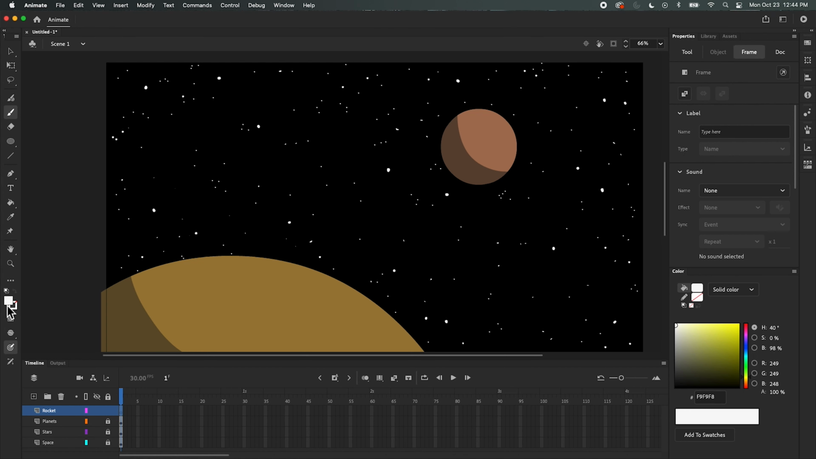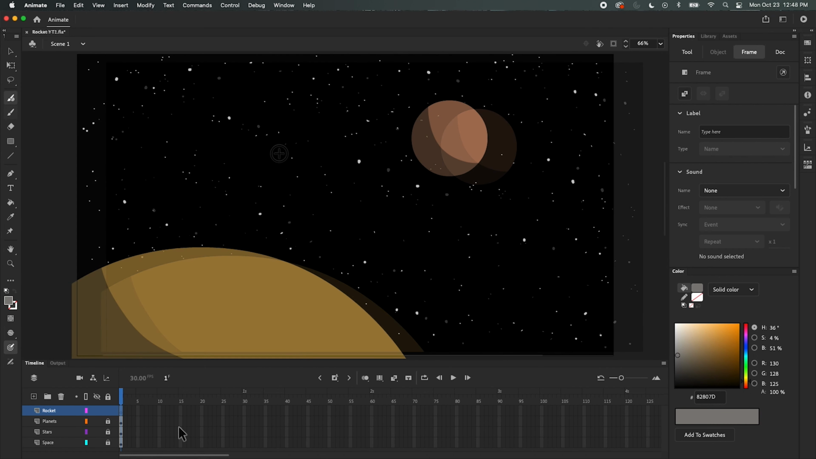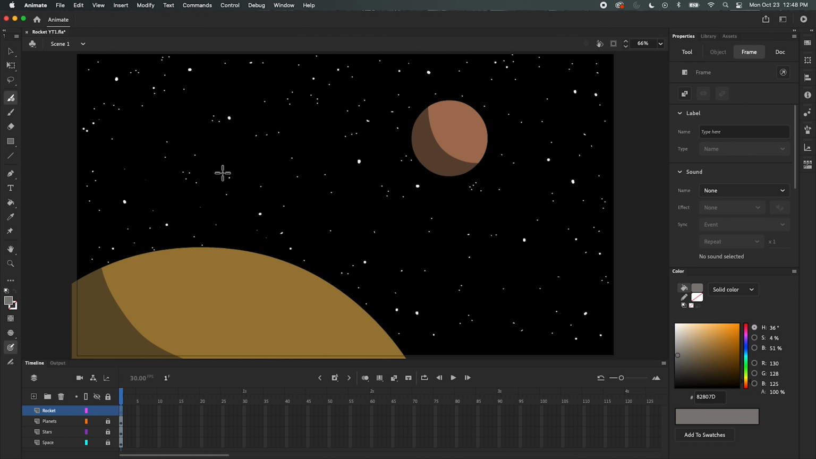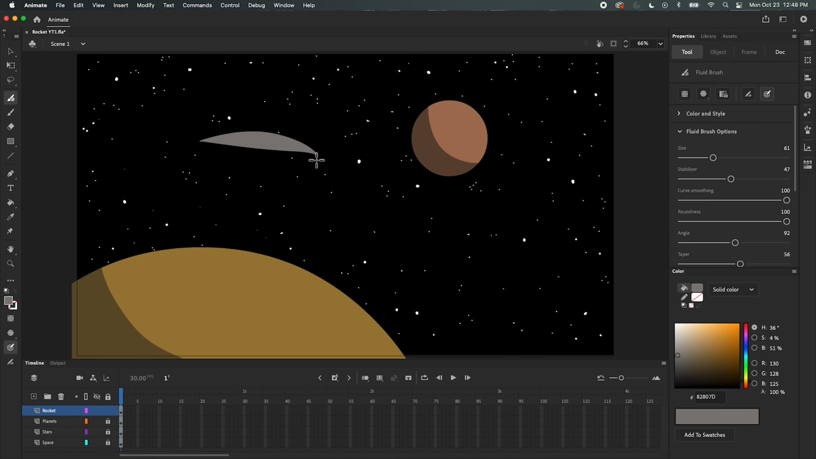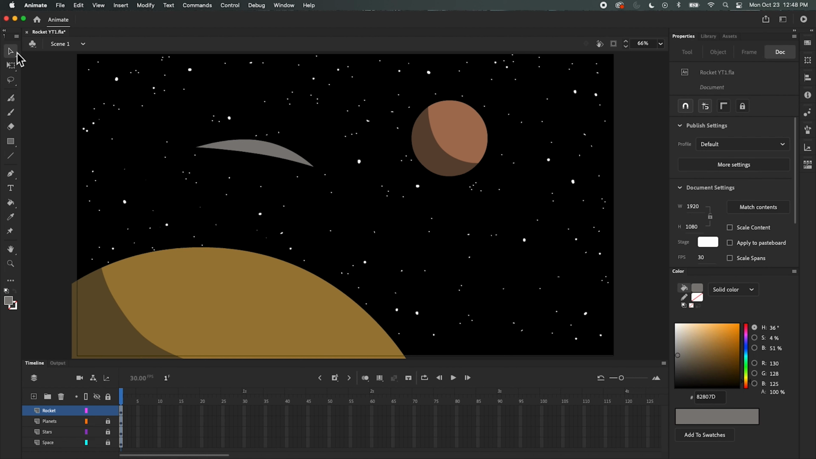Okay, let's get back to my colors. Let's go for a nice little gray here. So make a little cartoony rocket. I'll lock my other layers, make sure that one's unlocked. And let's try to get a little rocket shape. Let's see. I want it to look a little hand drawn. So let's see if I can